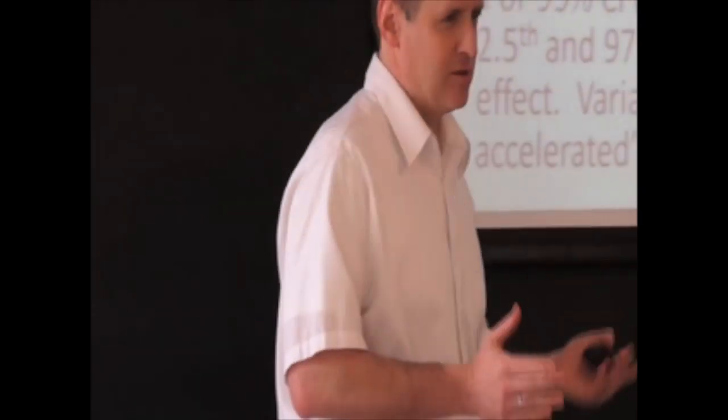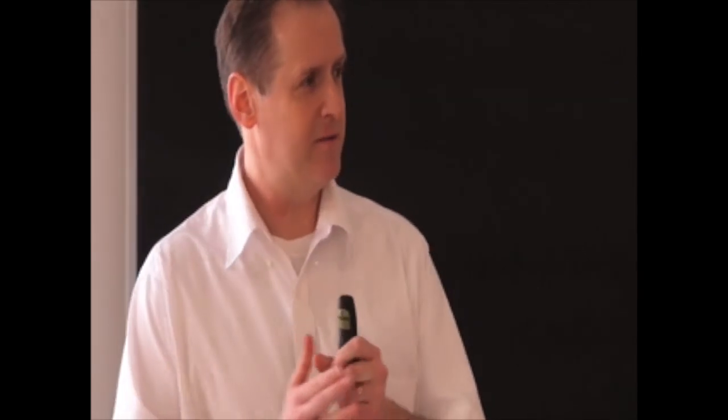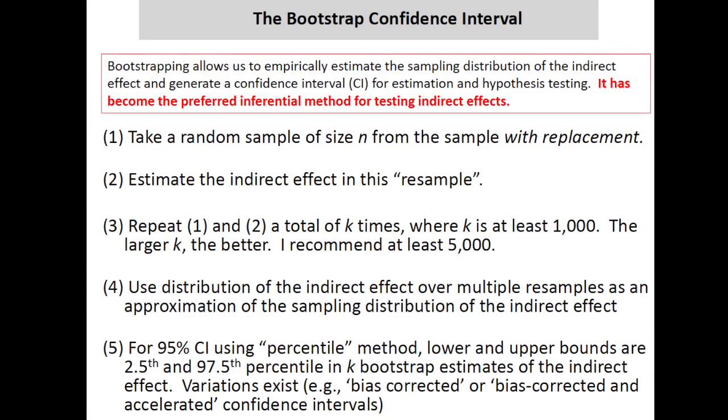With this distribution, then we can generate an empirical confidence interval for the indirect effect. Let's just imagine sorting these from low to high, throw out the lower and the upper 2.5%, take the two endpoints, now the lowest and the highest in that distribution, those are the endpoints of a 95% confidence interval. It makes no difference what the shape of the distribution is. It doesn't matter what's happening in the tails or what it looks like in the center because you're only basing your inference on those two endpoints after throwing out the extreme 2.5% of the data on each side.